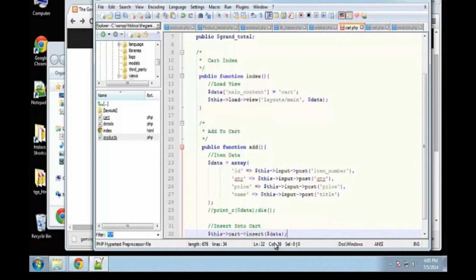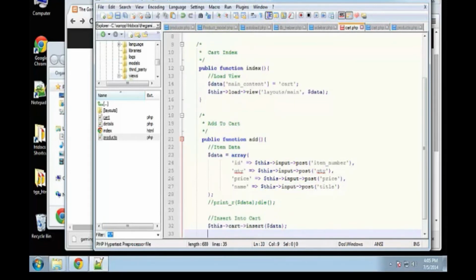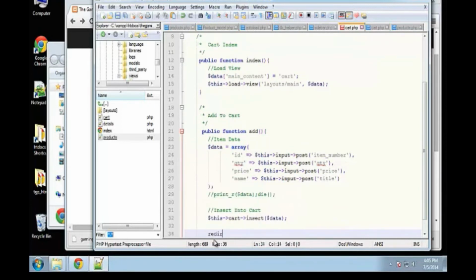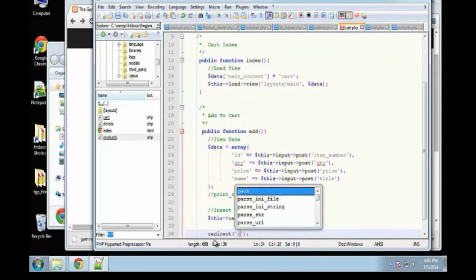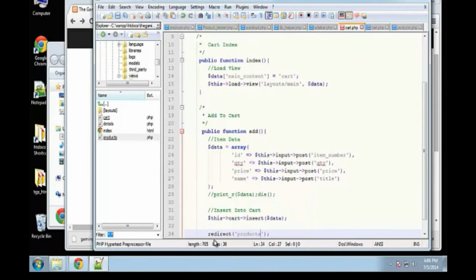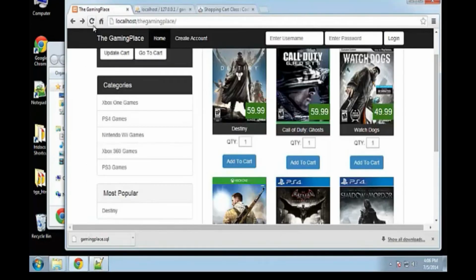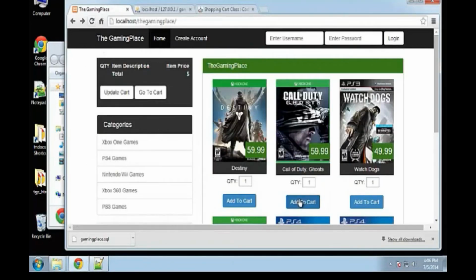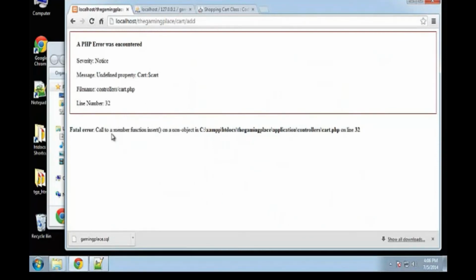And then we can just redirect to products. So if we reload, if I click add to cart, call to a, oh, we didn't load the cart